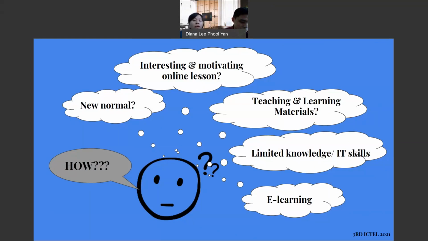Many educators have limited knowledge in using available software or applications to create e-learning courses or materials. There are many apps and software available, but many educators, especially those with limited IT skills or knowledge, think that it is hard for them to develop an e-learning course. They think that the development of e-learning courses requires the use of complicated software or perhaps coding.